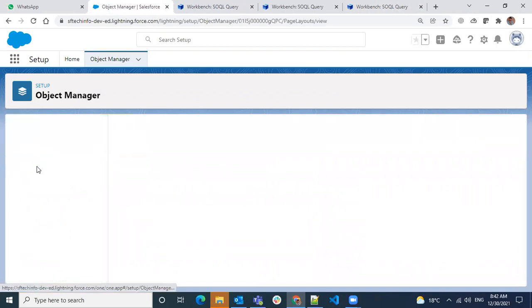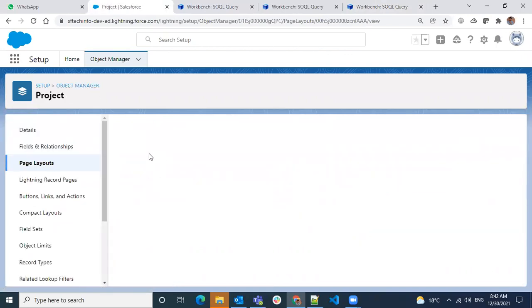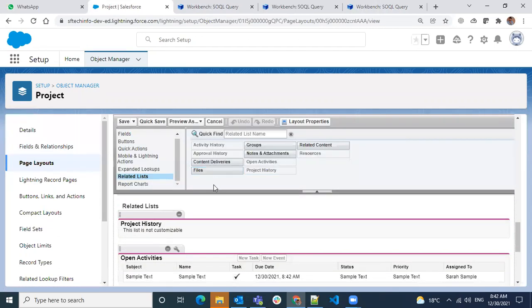How we can check is we can go to page layouts and see the relationships, related lists. So all related lists. We have 1, 2, 3, 4, 5, 6. So resources is what we have, and similarly all these are the child records to it. Let's say I have a project history.